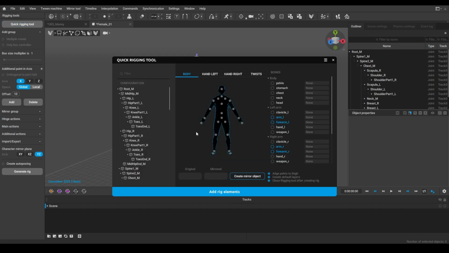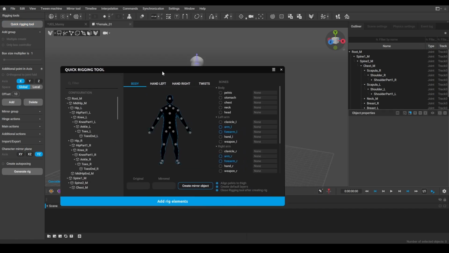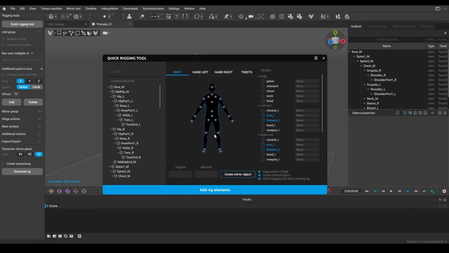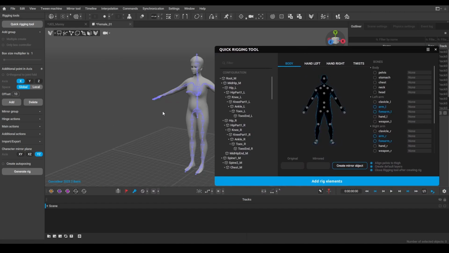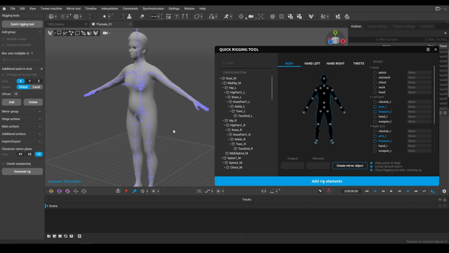Click the quick rigging tool button. The quick rigging tool window appears. Here you can see the graphical representation of the human character. On the right side panel you can see the bones of Cascadeur, which we are going to map from these configurations of our bones. You can see the bones here, which we are going to map